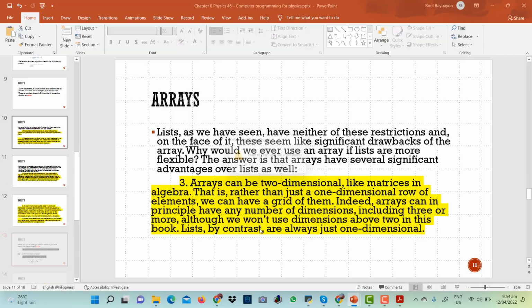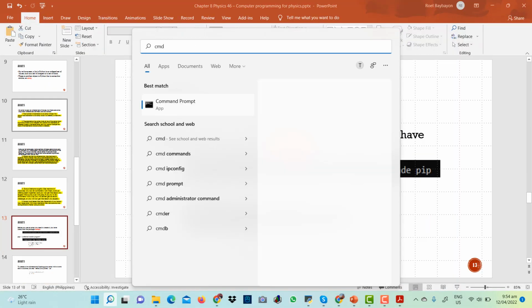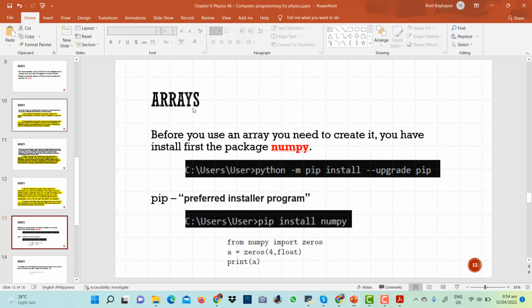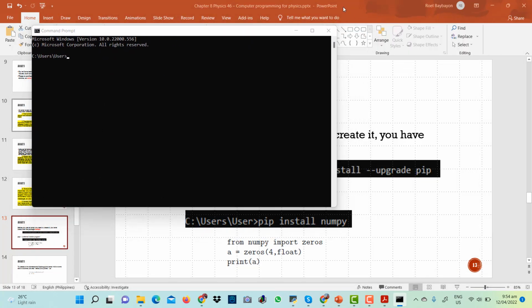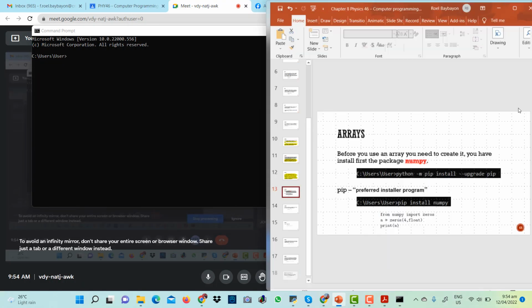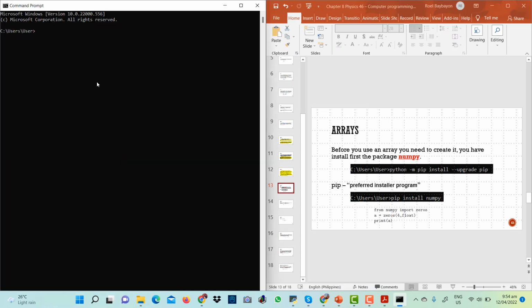Go to your command prompt, cmd. And then first you have to update. You could skip the update, but it is better to update your pip first. Pip is the preferred installer program. If it is not upgraded, it is possible that it will not install NumPy. So first, to be safe, you have to upgrade your pip by typing python